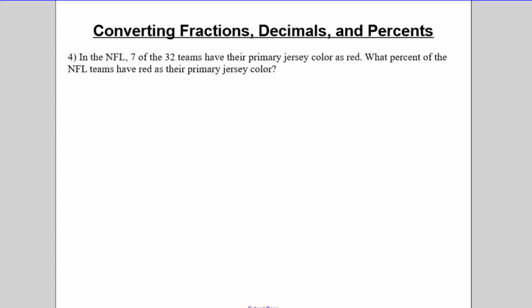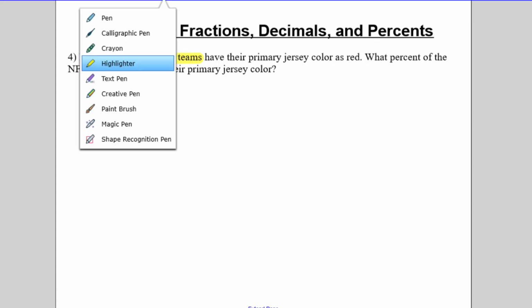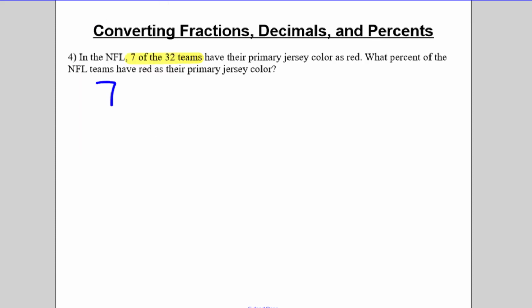And here the fourth one. Say that 7 of the 32 teams in the NFL, their primary jersey color is red. So what percent has red as their primary jersey color? So again, the key here is that 7 of the 32 teams. So that tells me 7 out of 32. And when I change that to its decimal form, I'm going to get